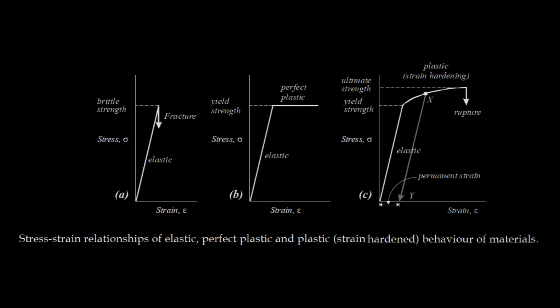In most of the deformed rock, the stress strain curve at the yield point has a positive slope as shown in figure C. The slope of the curve is gentler than the elastic region of that curve, and the curve is markedly non-linear, which is an important point to note. Strain can increase in this situation only if the stress is raised above initial yield stress. This process is called strain hardening or work hardening. It is clearly shown in diagram C, and this strain hardening deformation is usually termed plastic or ductile deformation. This is a very important point to note.